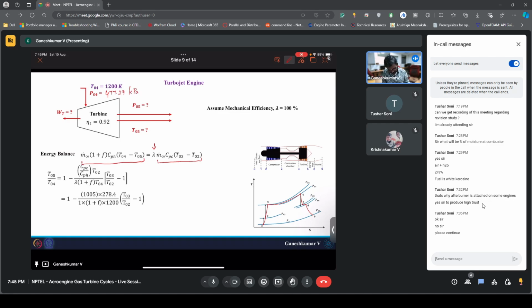Also T03 we found out to be 535.1 Kelvin, and T02 is 278.4 Kelvin. And f also we found out to be 0.0209. So you just substitute all this, you will end up having T05 as,